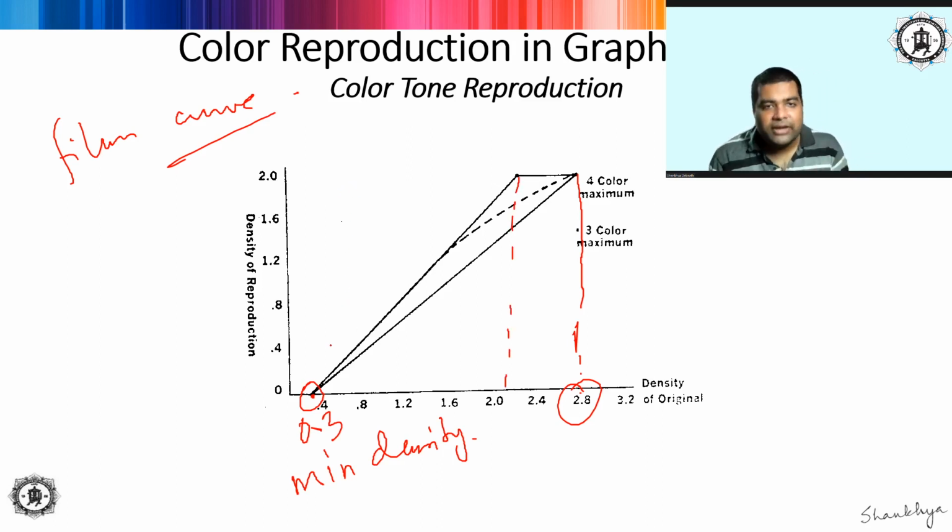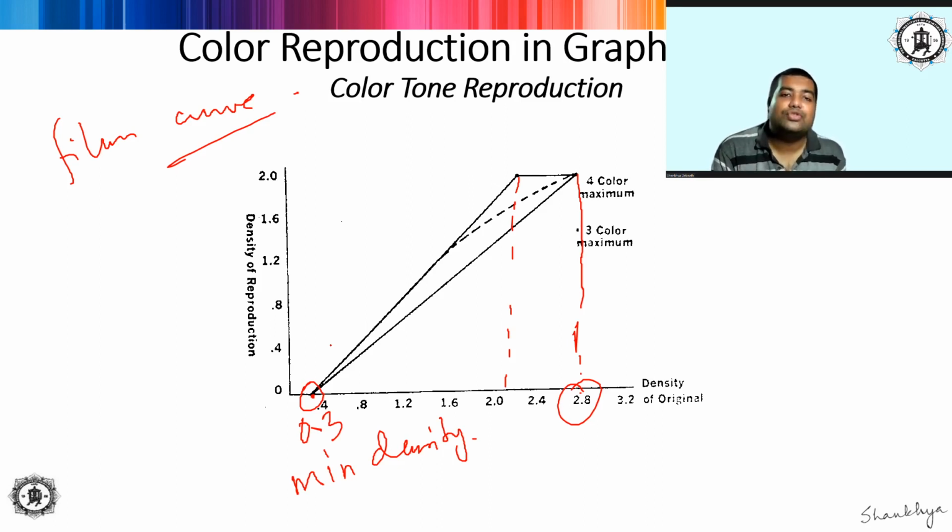For most coated papers, you will be limited to a density range of 2 only, so the maximum density will be somewhere near 2. So let us assume that the maximum density achievable in your reproduction is 2, and that in your original is 2.8. Now you have to identify how to compress this